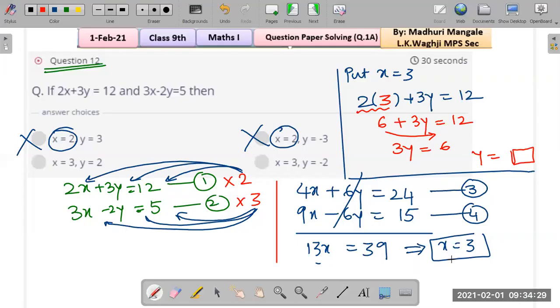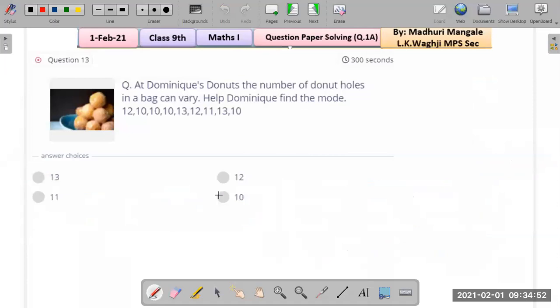All right, let us look at the Zoom page now. Go back to the Zoom page. You should be able to see the solution over here. So x equals 3 and y equals what? 3 goes to that side. It would be division. 6 divided by 3 is 2. So y equals 2. You got x equals 3 and y equals 2. This is the correct choice. X equals 3, y equals 2. This is negative 2, so this gets crossed out. Let us look at the next question.